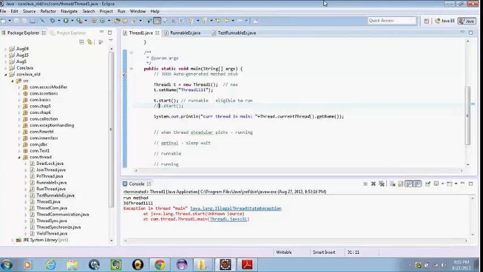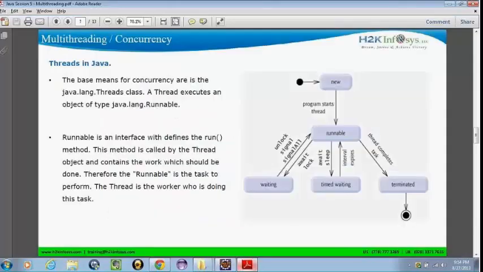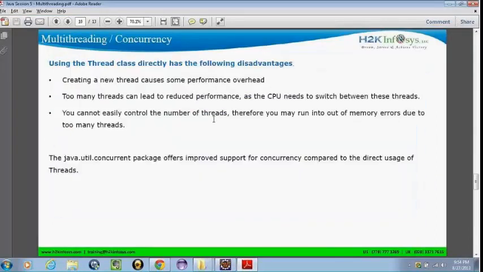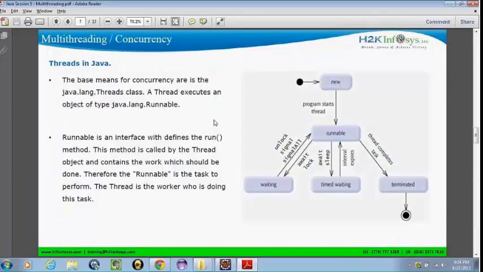When we do both ways, if you observe the thread class, the thread class doesn't do anything. It implements the runnable interface. If you go to this code, what does thread class do? It implements the runnable interface. Even though I don't have the Java code, even the dot class, you see, it is implementing the runnable interface, right? And it has some behavior to make it function as a thread. There are some methods that are defined in the thread. But the bottom line, it is also implementing the runnable interface, right?